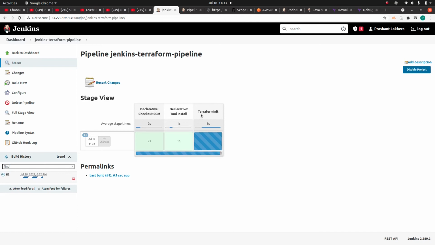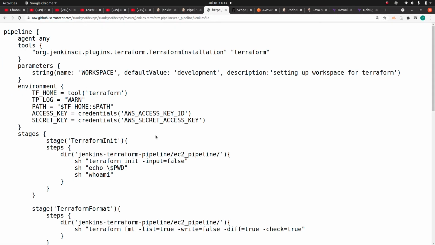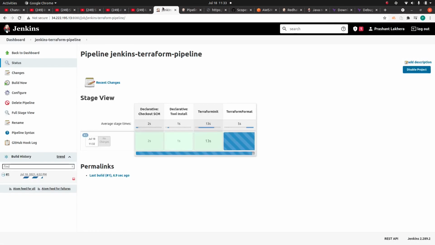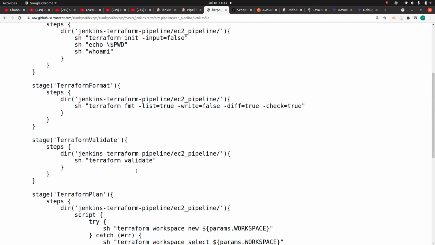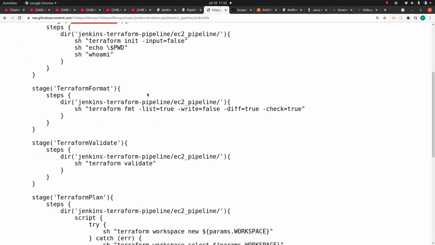This is where what we have defined in that Jenkinsfile, the Terraform init stage, our first stage. Then it is doing the formatting if the file is not formatted. And because we are not doing any error handling here, if the file is not formatted, the script is just going to abort.